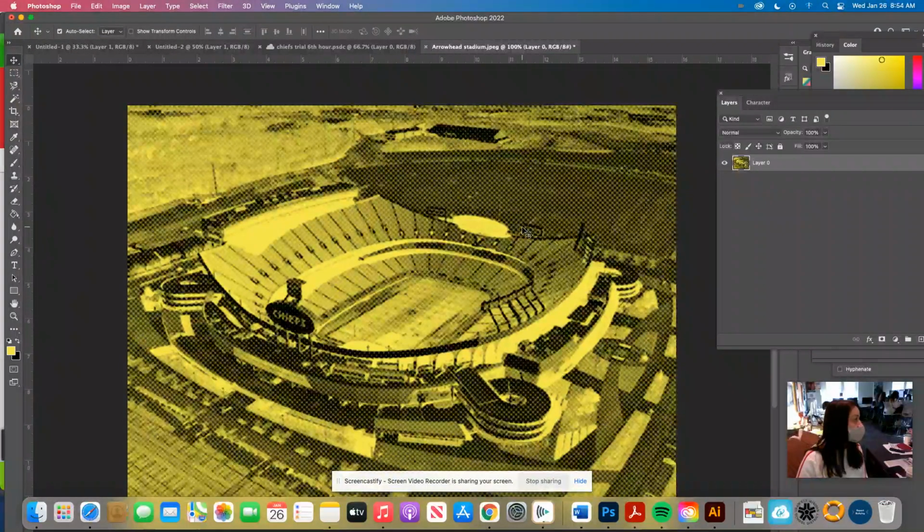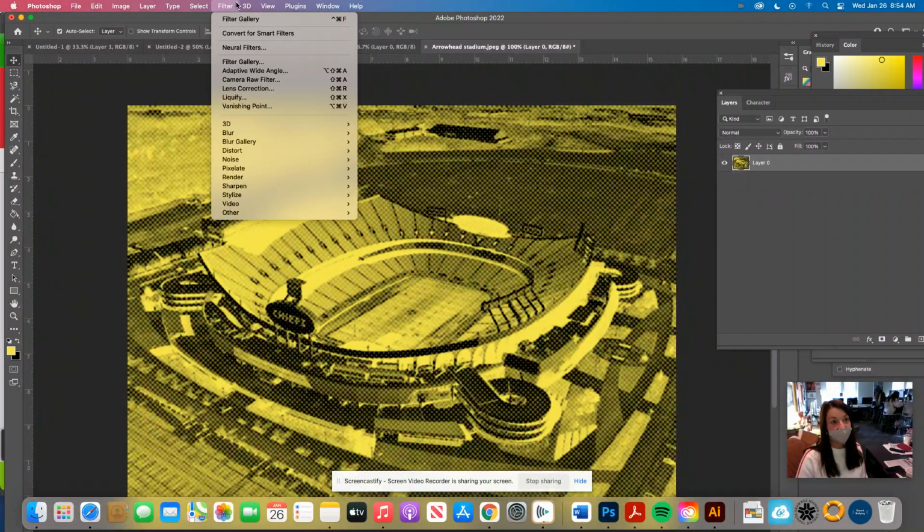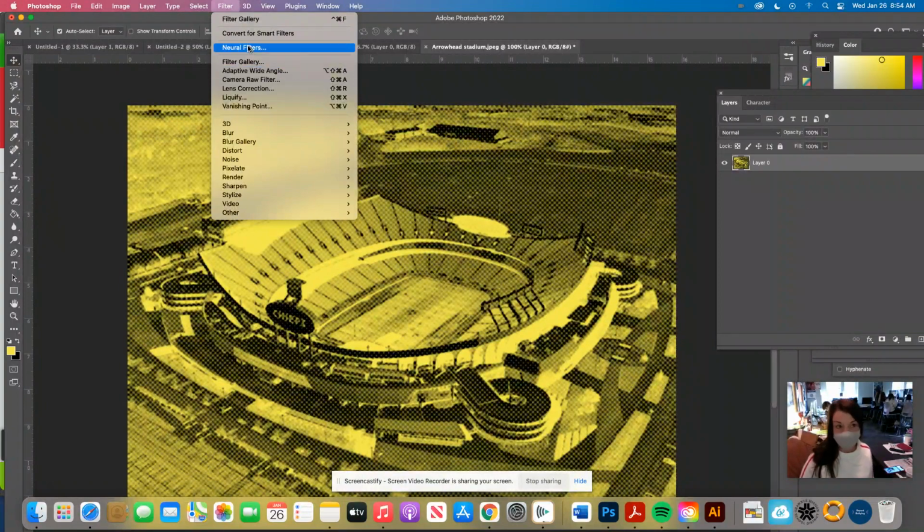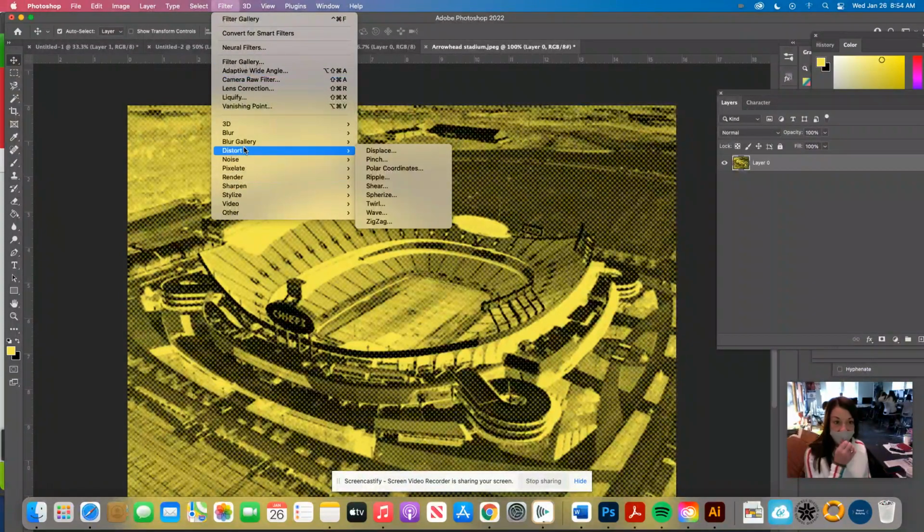Okay, so notice, up to Filter, and then you have to go to the second Filter Gallery. I made that mistake because I had been working in Filter Gallery before. That top Filter Gallery only applies what was the last previously saved state. So if all of a sudden you change and you don't know what happened, go up to Filter and then down to the menu of Filter Gallery. This is also where we can